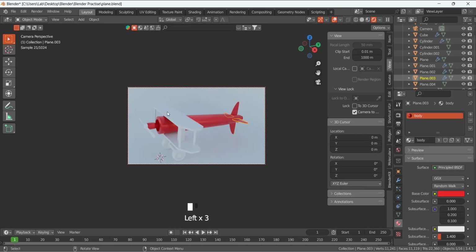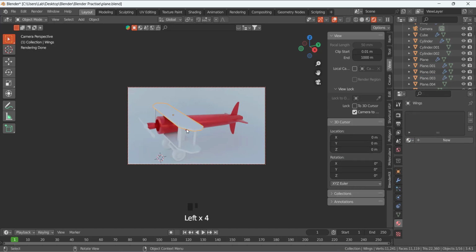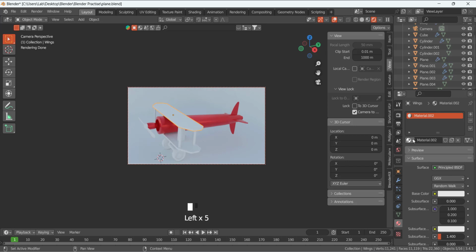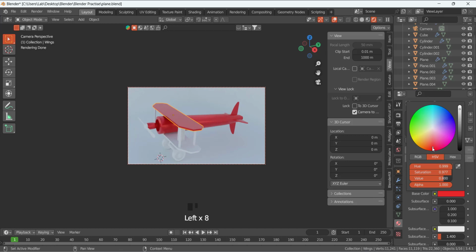Select this one. For this one, I'm going to assign the same material and make it a copy, and increase its saturation. So basically same material,